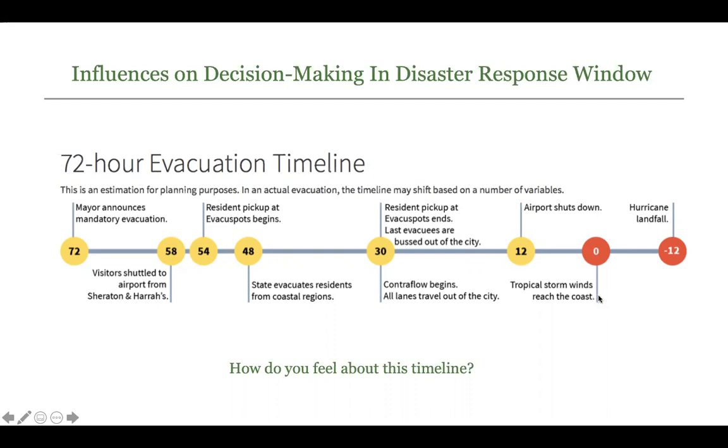So this is what they would consider no more movement in and out of the city. This is the hunkering down stage, as they might call it, right before you start seeing damages. Our -12 at this particular point is the development of the full storm at the point projected. So 0 was coastal, -12. I mean, this is like a window. It's not like they take 12 hours every time, but this is the window of the storm